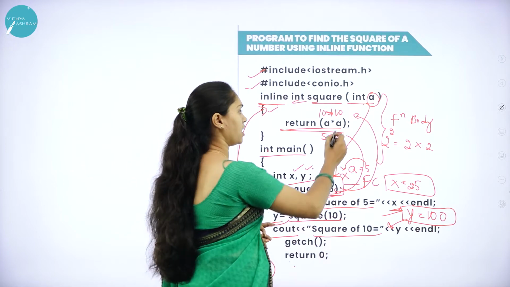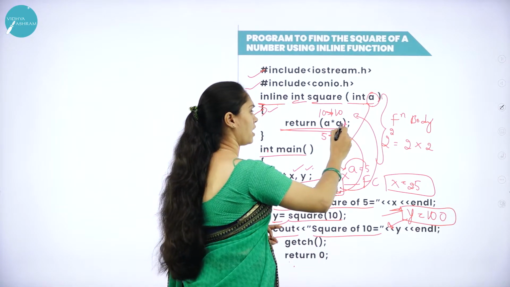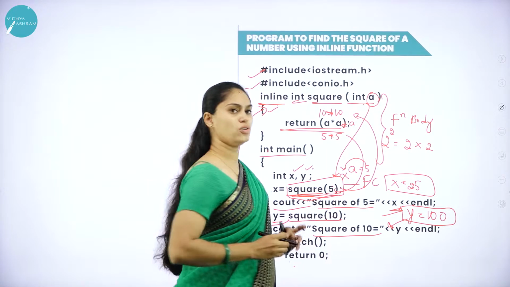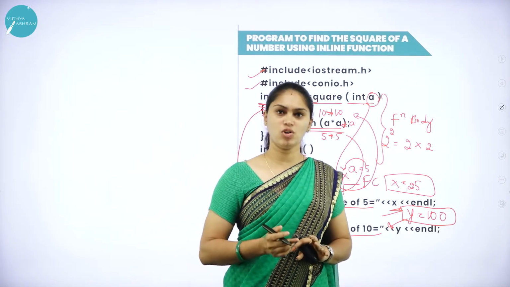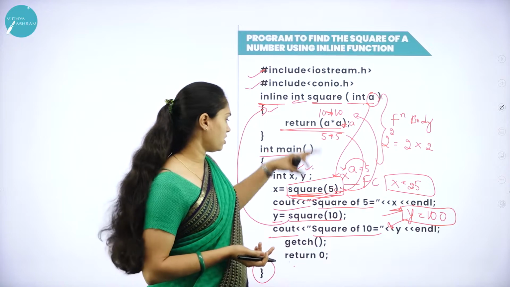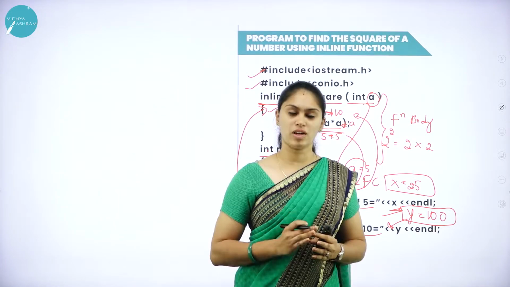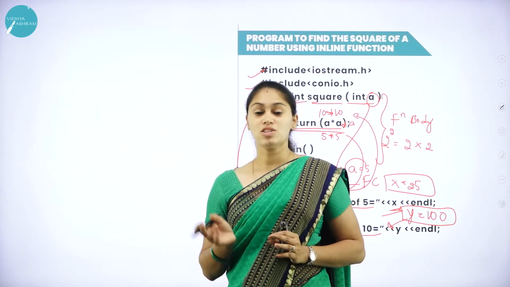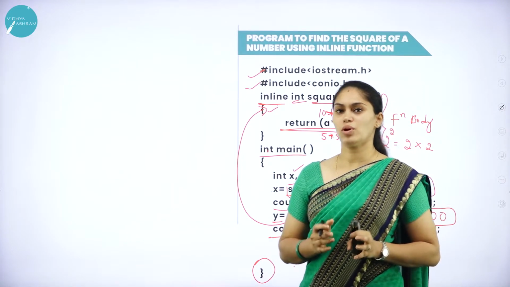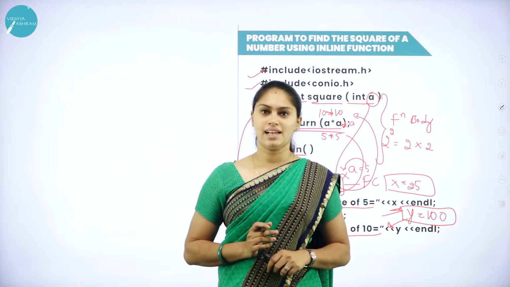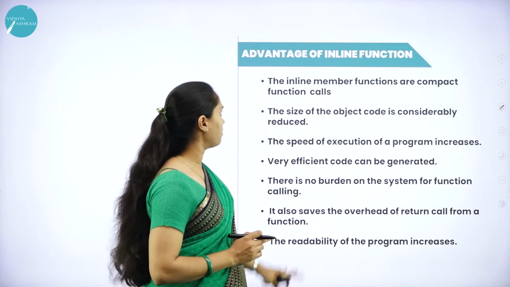So instead of taking two a's here, you can write a into a and make a change with the function name as cube, and we can return the function. After that, you can take one or more variables to store the cube of a given number. It's a simple program to understand the inline function. Now we'll see what we have next.